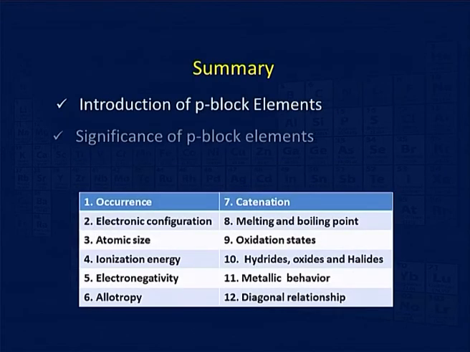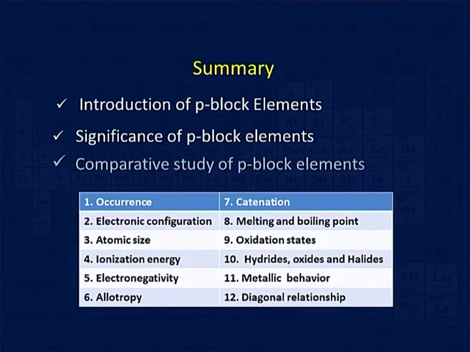Let us conclude. We have discussed the occurrence of the p block elements. Some of them occur in the free state, some in the combined state. The p block elements have wide applicability in day to day life. We have discussed the electronic configuration, where electrons are added continuously with an increment of 1 electron from the 13th to 17th group. That is why the second property is generated, the increase in the atomic size.